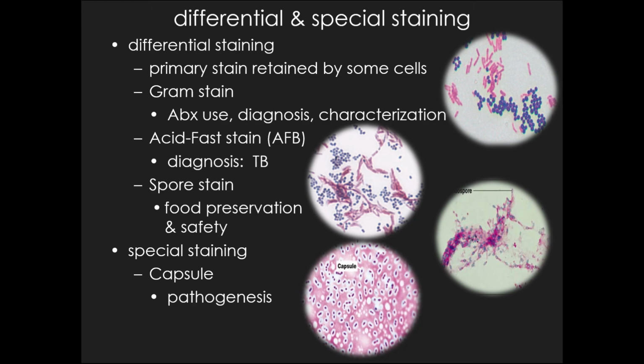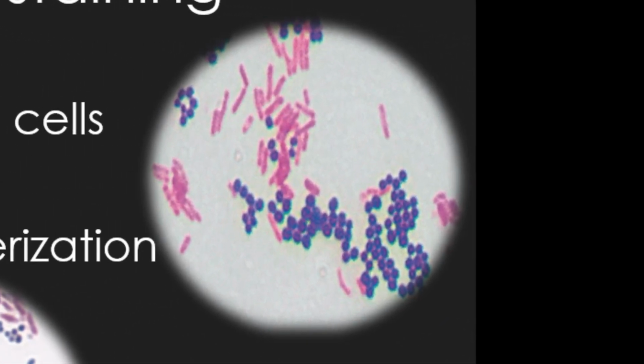So we'll talk more about the Gram staining procedure in lab, but basically in any of these differential staining techniques, there's 2 stains involved, and there's a destain process. So one stain stains everybody. The destaining step destains a portion of the cells, and then a counter stain stains the remaining cells, so that at the end of the process, you end up with 2 different colored cells, like the round purple cells and rod-shaped pink cells that you see on your screen there. Now that is a picture of a gram stain. So I would say, if I was describing that, we have gram-positive streptococci and gram-negative single bacilli,